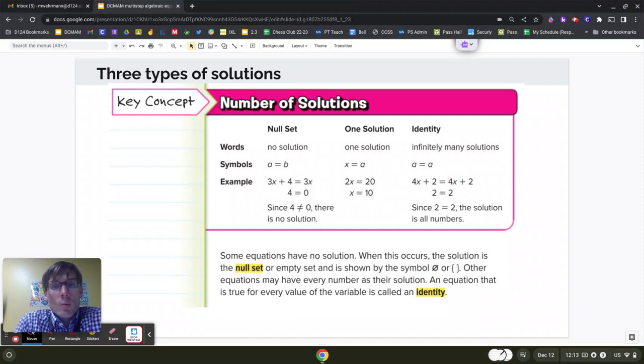One solution, which is what we're used to, where you have x being worth one, our variable equal to one simple number. And then identity, where we end up with the constant on one side equals the constant on the other side. Okay, so 3 types of solutions. All right,